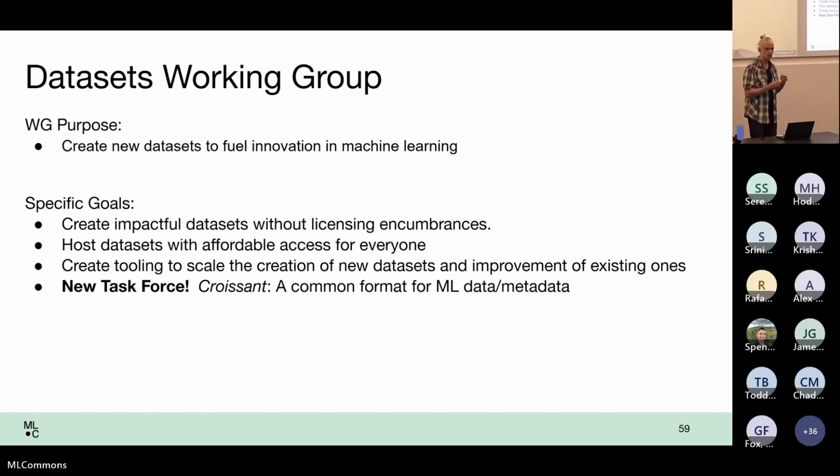One of our specific missions, our goals, is to outright create useful datasets. By useful, I mean they're impactful from a performance perspective and unencumbered by licensing difficulties. We want to make them available, so we have an effort in hosting as well, eventually, and partnering with that. You don't want just billion-dollar companies to be able to do this; everybody needs to be able to access it. As we saw with the leak of Llama, once everybody got their hands on it, innovation started exploding, and that's the kind of innovation we want to stimulate.